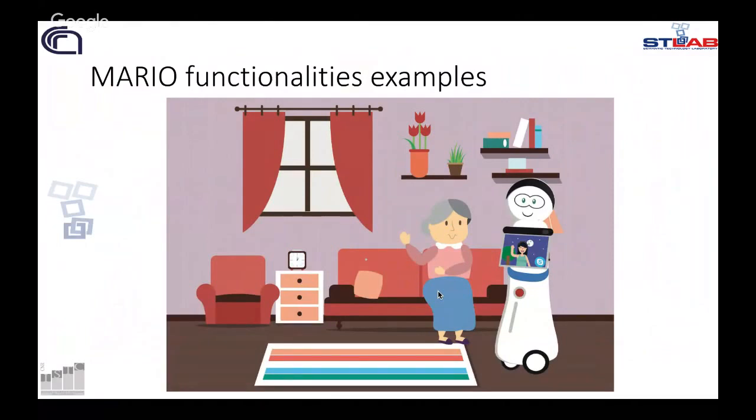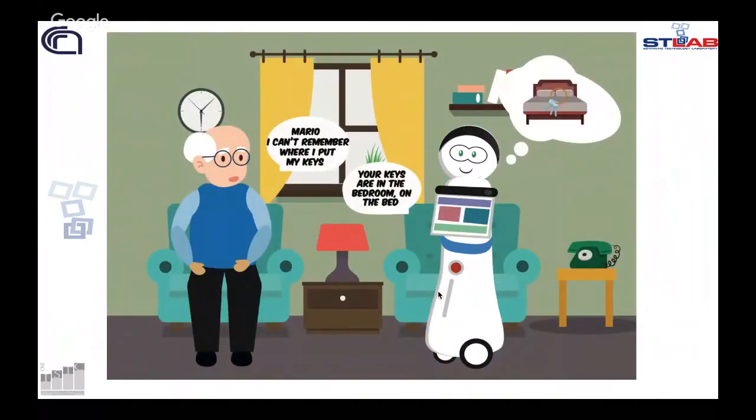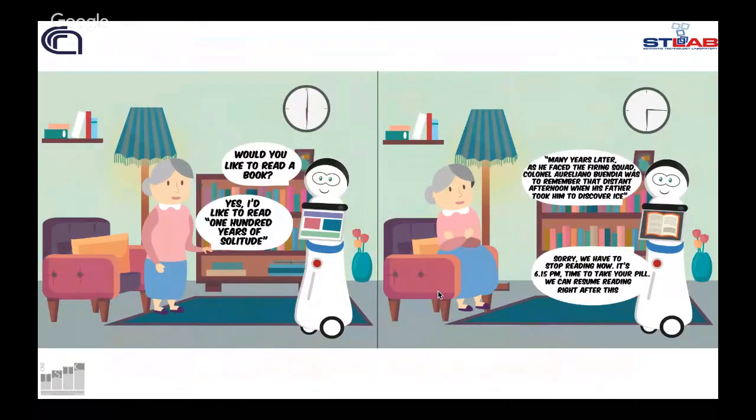Some of the functionalities that Mario features are, for example, to connect with other people by using Skype and chats, applications such as real-time chats and instant calls, and also to help with reporting to the carers, and in particular to the medical staff. Also, for example, it helps people with dementia to remember where they put certain objects, and to entertain them, like, for example, reading stories and books or news, but also to help them remember when it's time to take a pill,